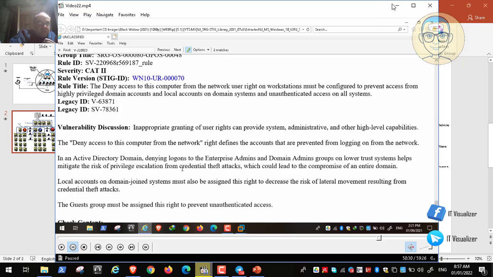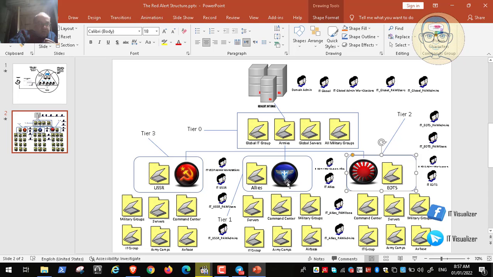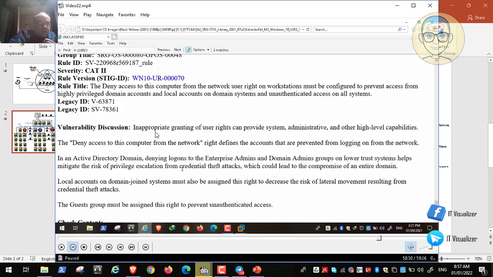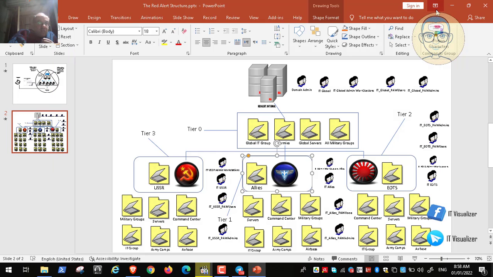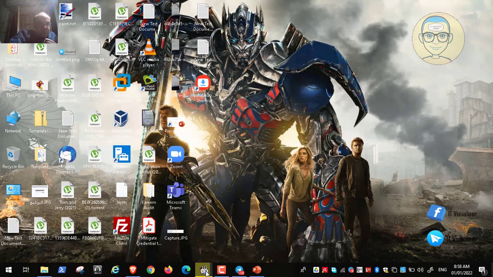For example, in the American army, I have denied network access to all of their computers for the groups of the enterprise admins, the schema admins, and the IT of the global branch. Anyway, I will show you all when it comes to this group policy.